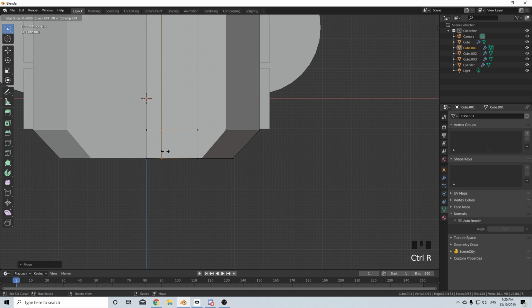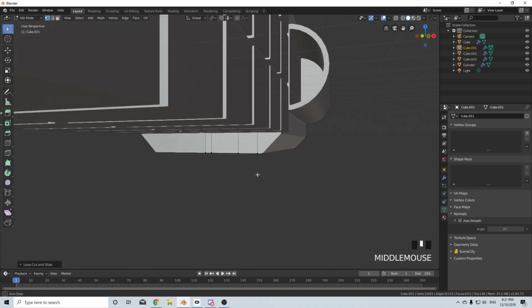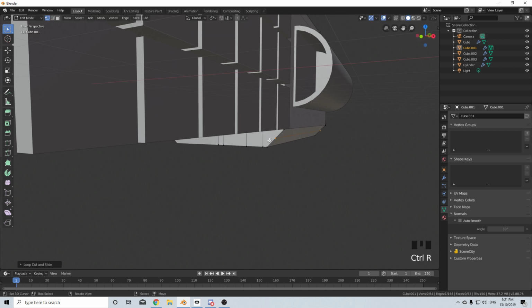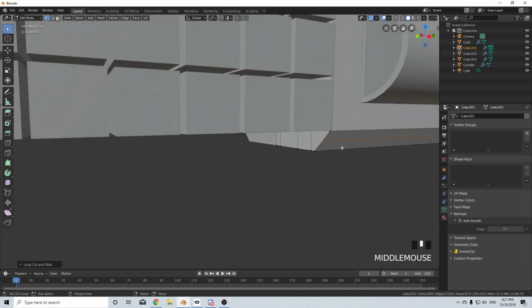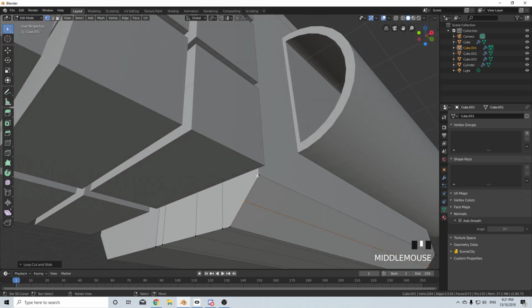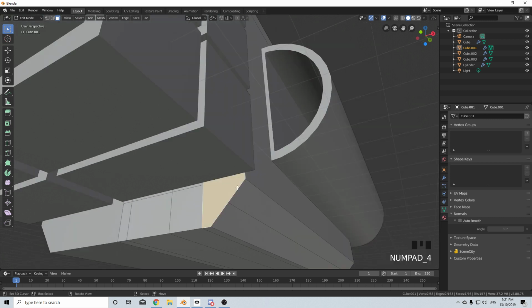Now if I put an edge loop in here, we've got this. I'm going to put some loop cuts in there. We've got an issue there. Why have we got an issue here? That's why, because I used a bevel. That's fine. Let's grab this, delete this face,